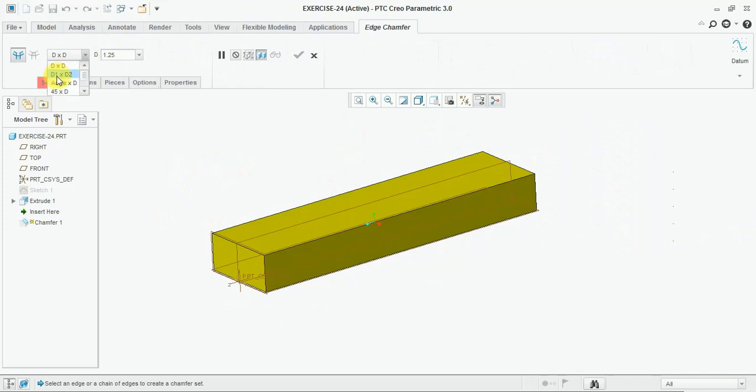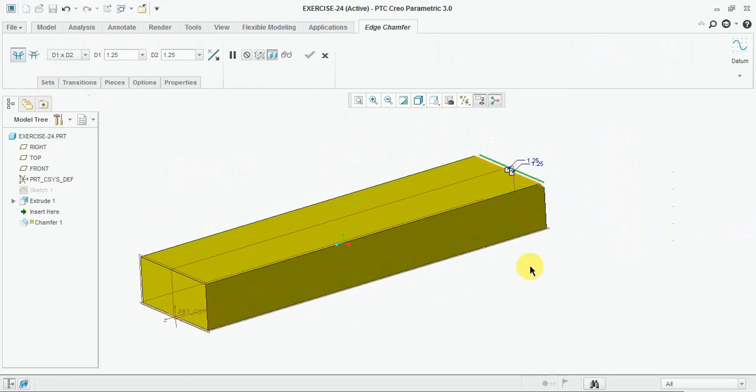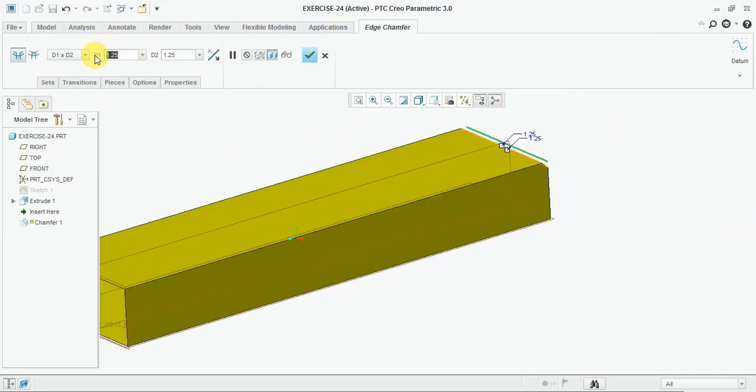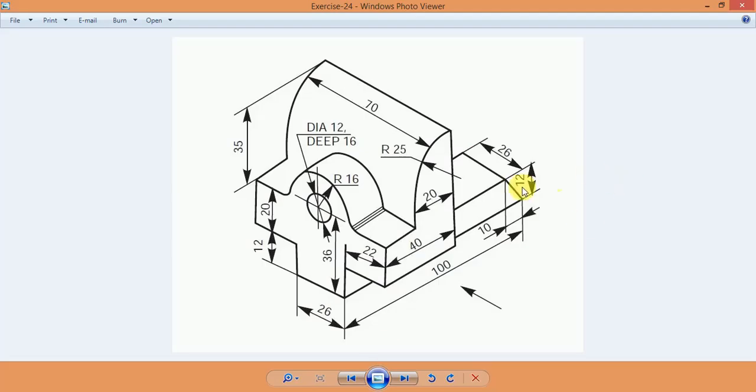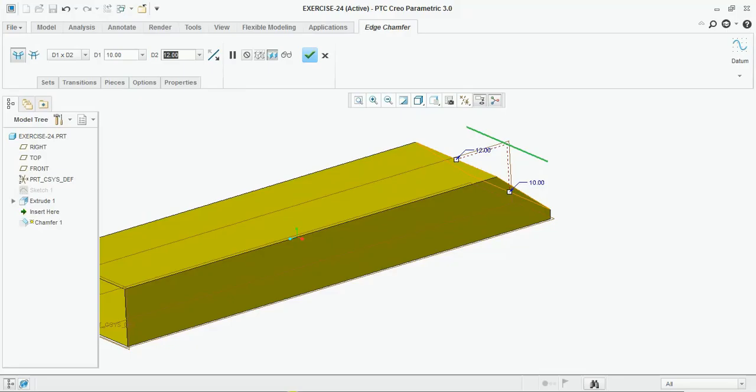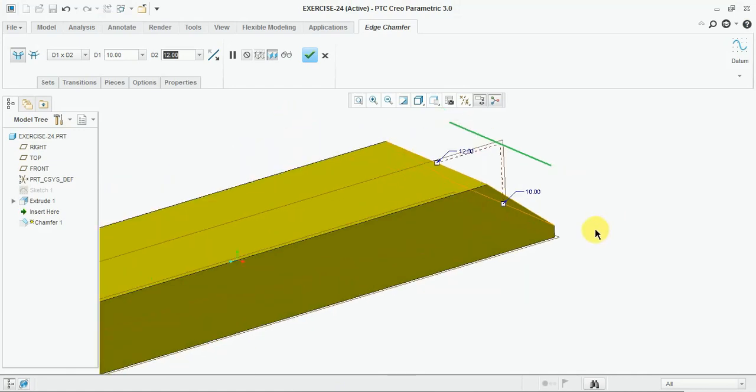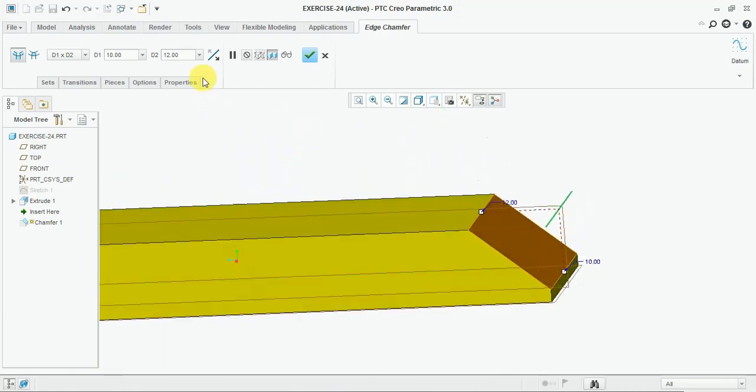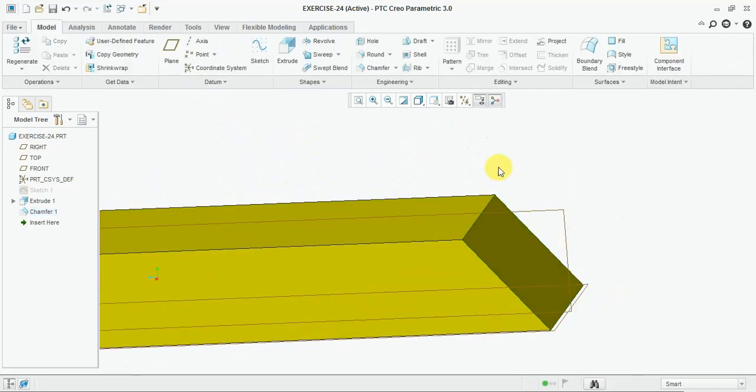From here select the D1, D2, which means two dimensions, unsymmetric. Here enter 10 and 12, because here 12 is at the vertical side and 10 in the horizontal side. So here the opposite, flip the direction: 12 vertical and 10 in horizontal.